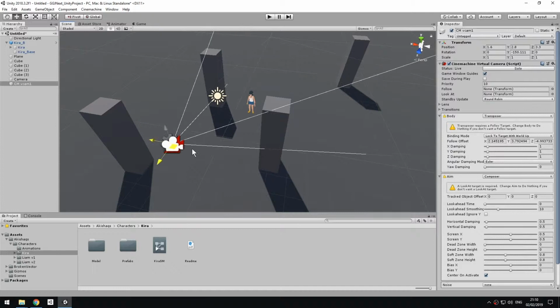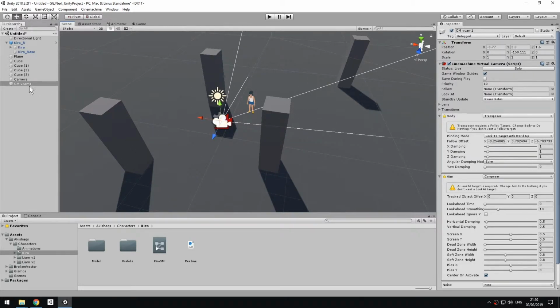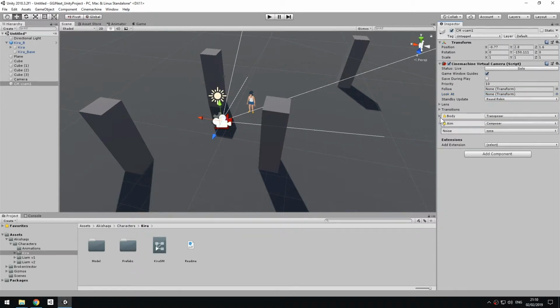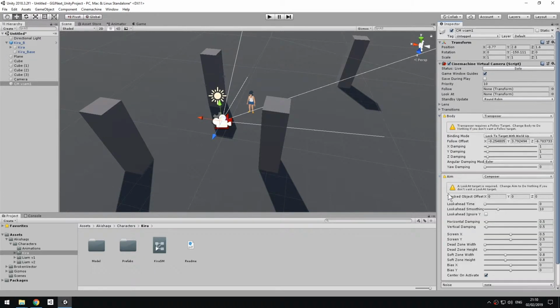Rather than setting up the camera by moving it around, if you select the VCam, you will notice here that the VCam has two important parameters, Follow and Look At. They define together how the camera moves and rotates. Follow defines the movement and Look At defines the rotation. If you don't assign them, this VCam is only going to be static. But if you do assign them, then it's going to use these two modules, the Body and the Aim, to define movement and rotation. So if I assign the girl now, so I select the prefab and assign it to,